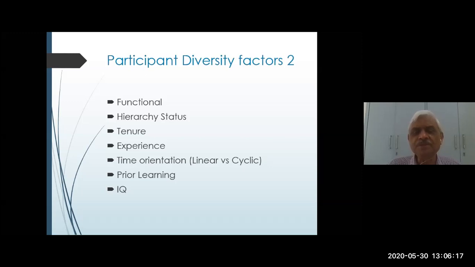With this, we also come to what is called prior learning. We have taken this earlier, but we should acknowledge whatever learning people have beforehand, and utilize the good prior learning that some people have in the group for the advantage of our training program. Then there are IQ differences, in terms of how quickly one person absorbs and another takes more time to absorb.